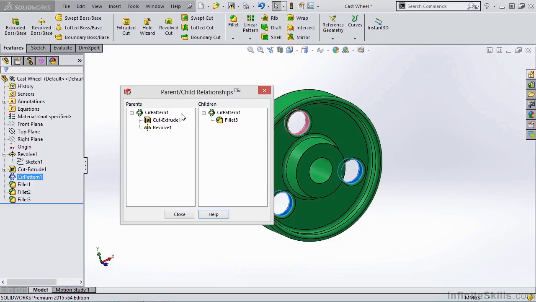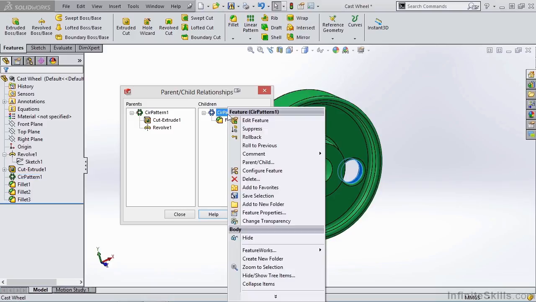You will see Cut Extrude 1 and Revolve 1 are the parents of the circular pattern. And then if we look at the Children column, you will see the fillet 3 is a child of the circular pattern. In this dialog box, you can right-click on a feature and another menu appears that allows you to edit the feature, suppress, roll back, delete, along with other options.